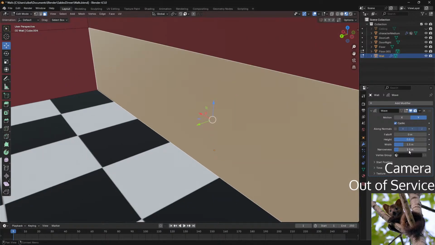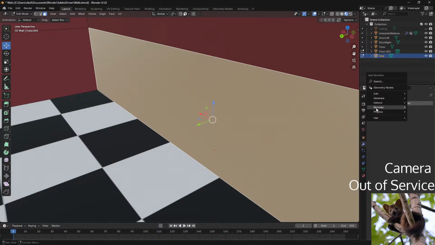Because I don't see anything. I need a texture. Activate. No. Okay, that's nothing.